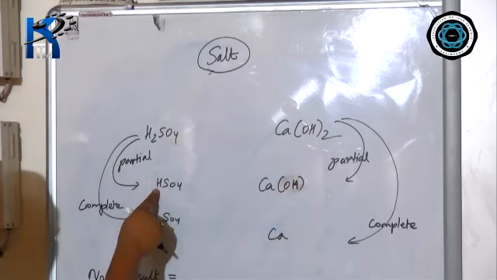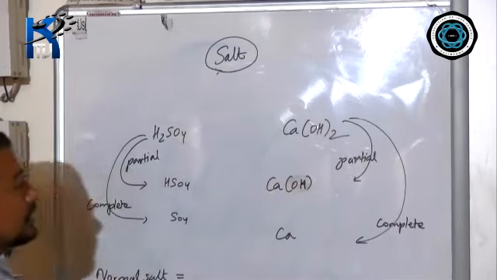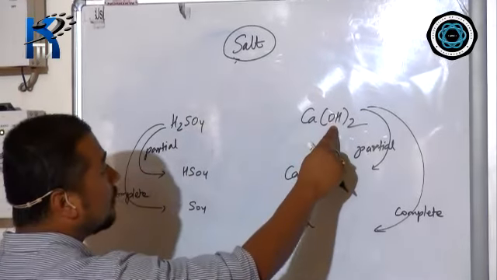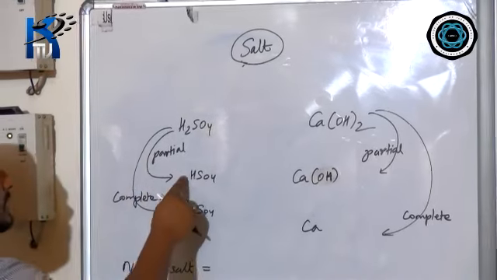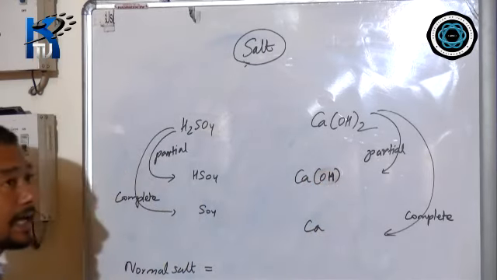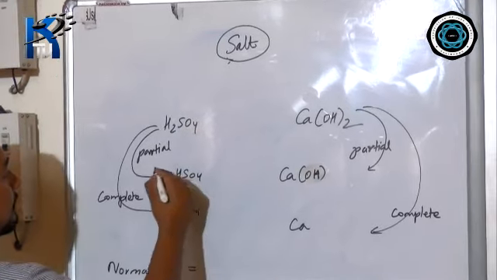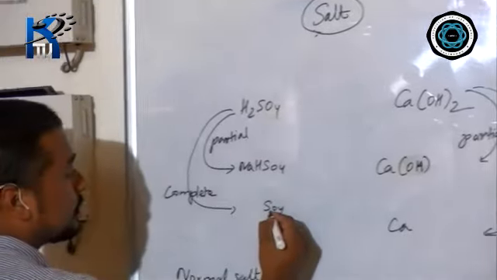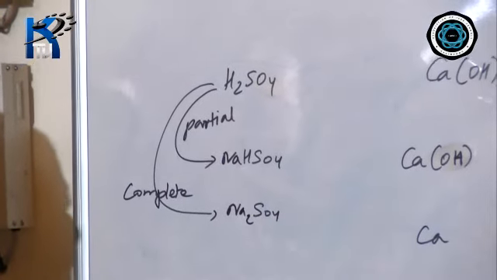So when you replace one H from acid or one OH from base, that is called partial replacement, students. Whereas if you replace 2 hydrogen or all hydrogen from acid and all OH from base, then that replacement is called complete. And this hydrogen will be replaced by metal, and this hydroxyl ion will be replaced by non-metal. So since I have removed one hydrogen, in place of one hydrogen I am going to put one metal, and let it be sodium. Since from here to here I have replaced 2 hydrogen, I am going to put 2 metal, let it be sodium. You can put any other metal if you like.